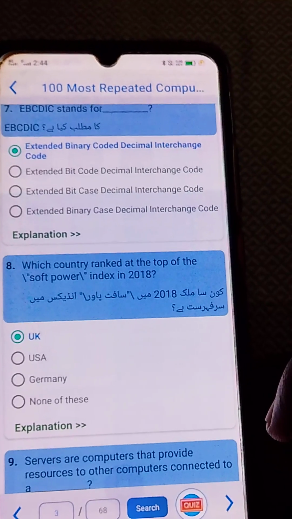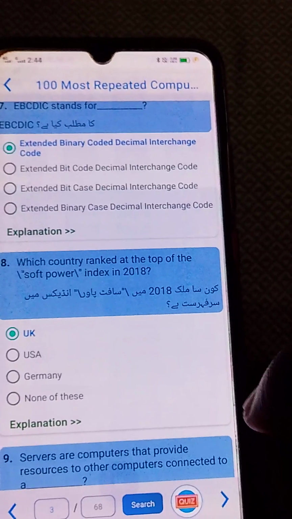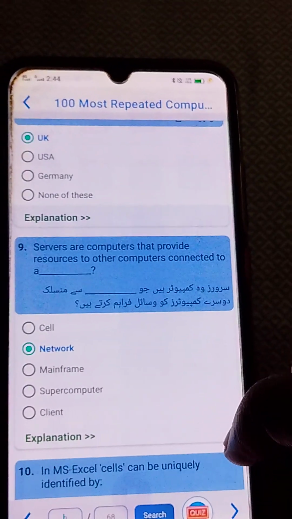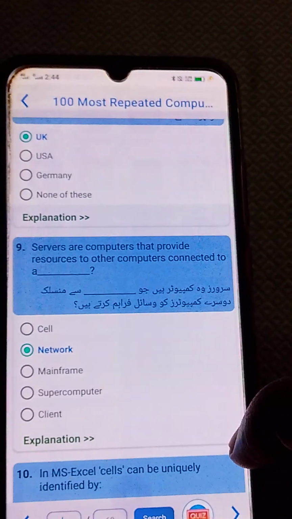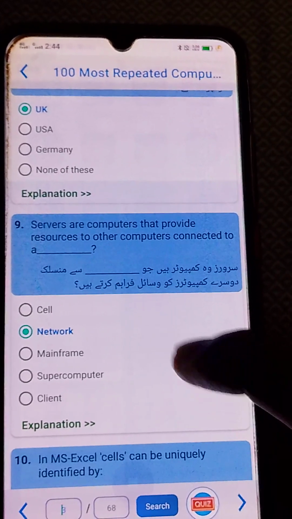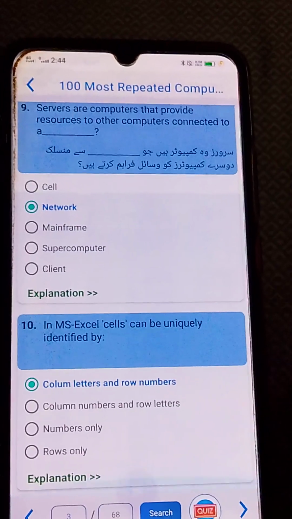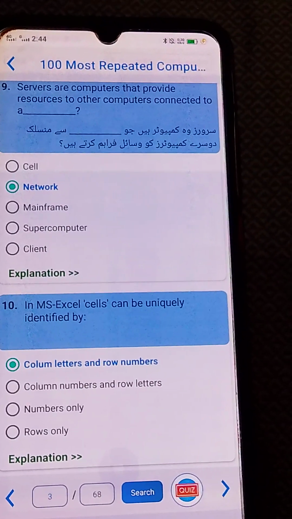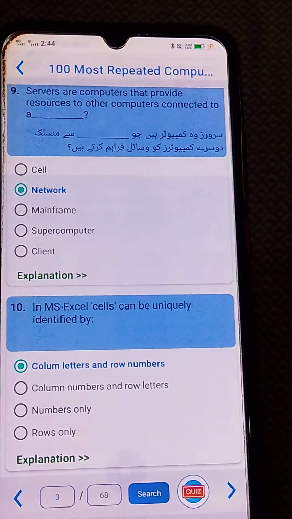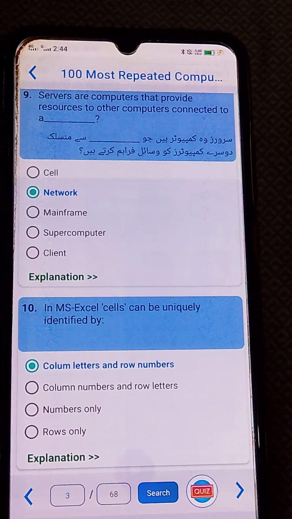Which country ranked at the top of the soft power index in 2018? UK. Servers are computers that provide resources to other computers connected to a network. In MS Excel, cells can be uniquely identified by column letters and row numbers.